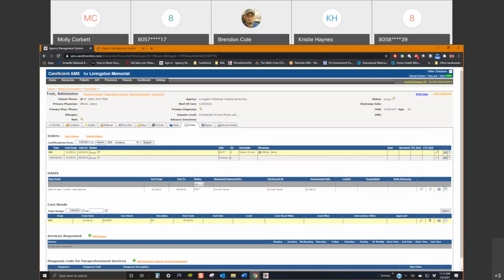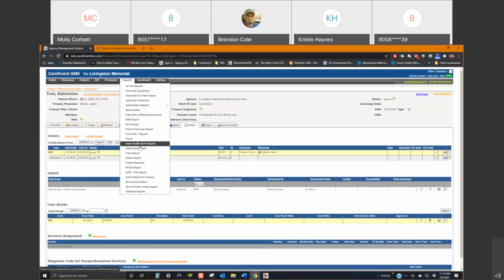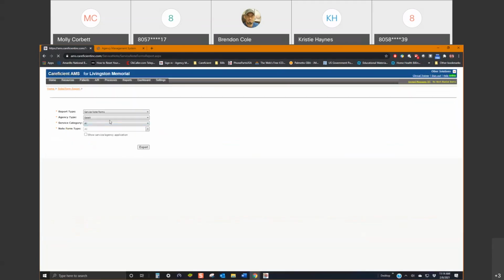Are they going to show us the hospice one? Can you do the hospice service notes as well, please? Can I do the what? The hospice service notes? Yes. Well, again, I don't know if we have a hospice test patient in here yet. No, but I can see what one I put in. Of course, on the notes forms report, you can filter to your hospice notes as well. So if you wanted to see what his start of care looks like,